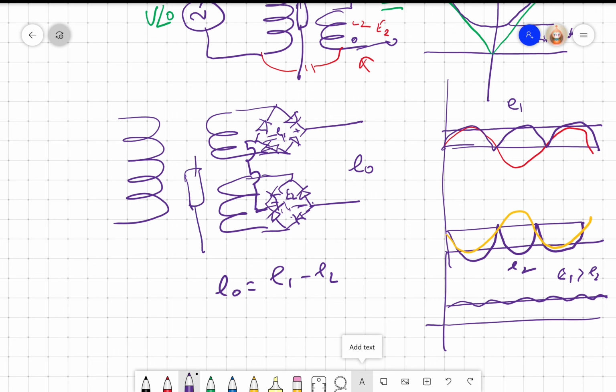So if I look at the plunger displacement X, the output E0 would be a DC voltage now, which will be proportional to X. Provided, of course, I put a capacitance here and a capacitance here, right? Even out the full wave rectified waveforms.